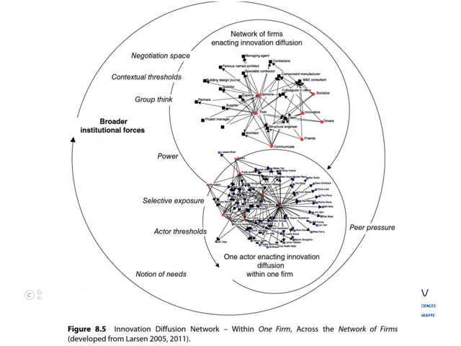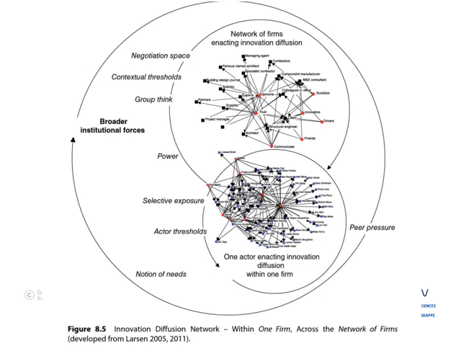Okay, then we skip network diagrams. Figure 8.3 is the network of firms enacting the innovation diffusion process. I just continued. It gives you a bit more perspective, so I want you guys to go through that for me. And 8.4 is also network firms enacting the innovation diffusion process. So it just looks at other enactors of diffusion. I want you guys to have a look at that for me as well.